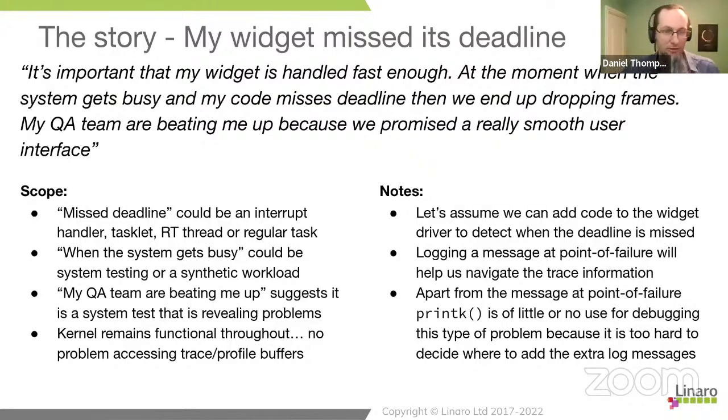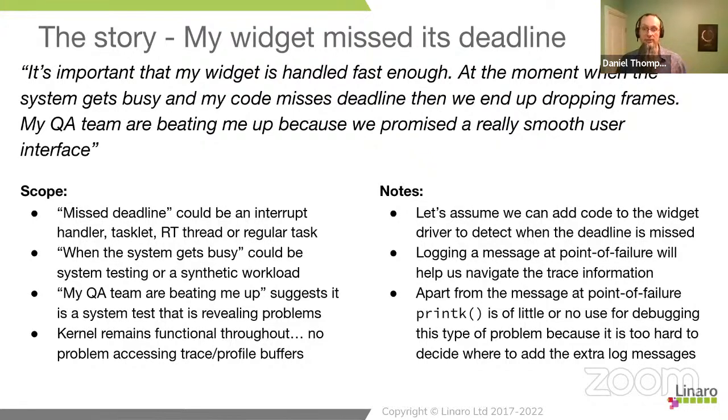I'll use interrupts as an example. If you have an interrupt that is fired, an audio interrupt, for example, it will know at the point it runs if it's underrun or not, if it's allowed the audio to fail. Because it can look at the passage of time and say, it's too long since I last ran. So basically at the point that whatever is being serviced does get scheduled or does get interrupted or does get serviced, we can look at the current wall time and say, oh, we've missed our deadline. So we're going to assume that we can fail early, we can record the point at which something bad happened.